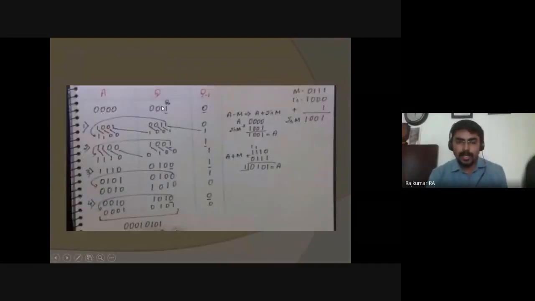So this is the initial value, and here I am comparing with the q0 and q minus 1. Actually the q0 is here 1 and 0. So if it is 1 and 0, we have to subtract, a minus m. Okay, so a minus m we have to perform, and then we have to store it in the accumulator a register. So now the a value is actually 4 zeros, and minus m.